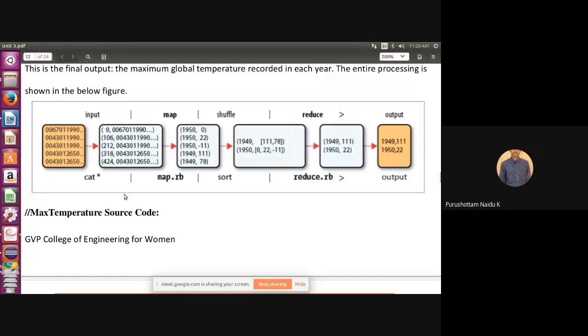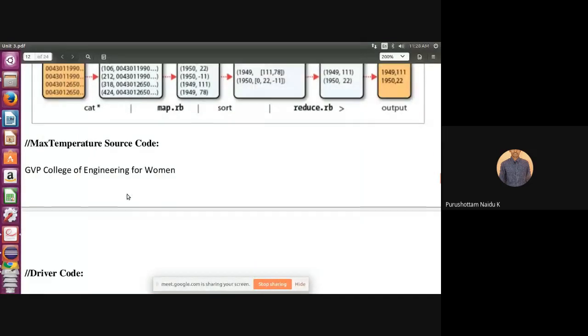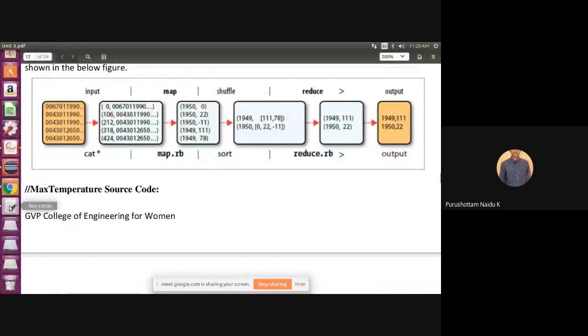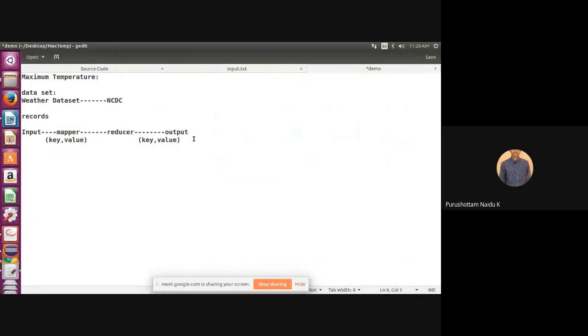Now we have to write the logic for this complete weather data set. Each and every MapReduce program mainly has three classes.